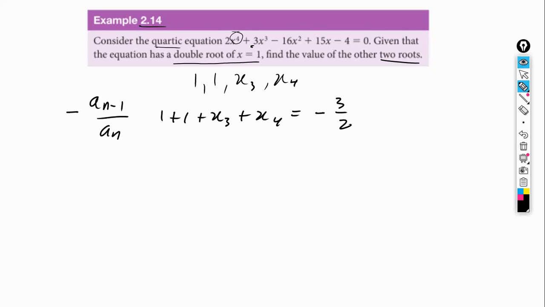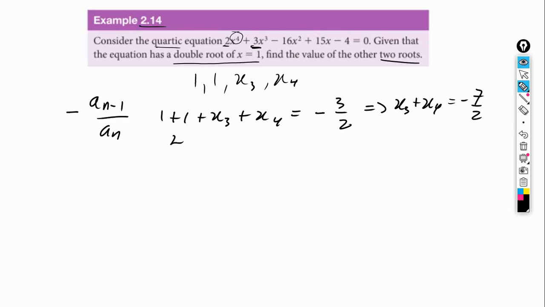Second term coefficient divided by the first term's coefficient. And then from here, we're going to get that x3 plus x4 is going to equal -7/2. So I get the -7/2 because this is 2, and then if I subtract 2 from this, I'm going to get